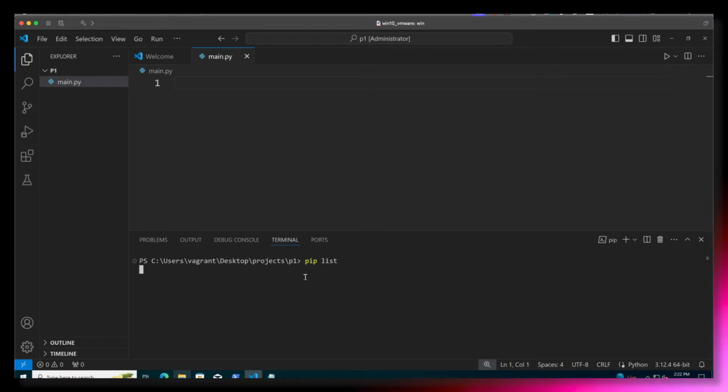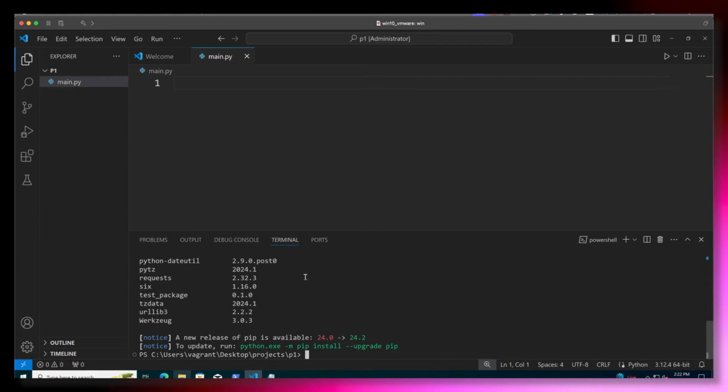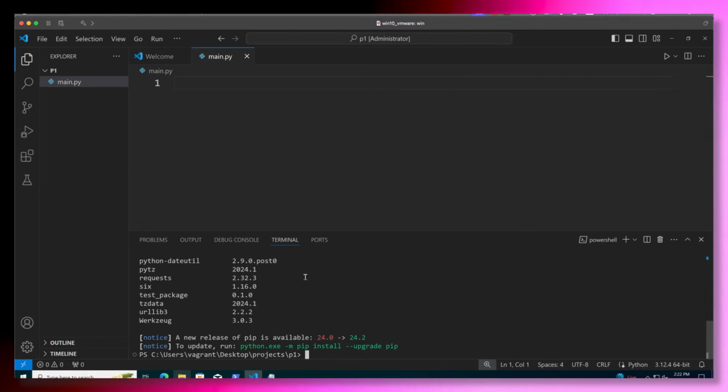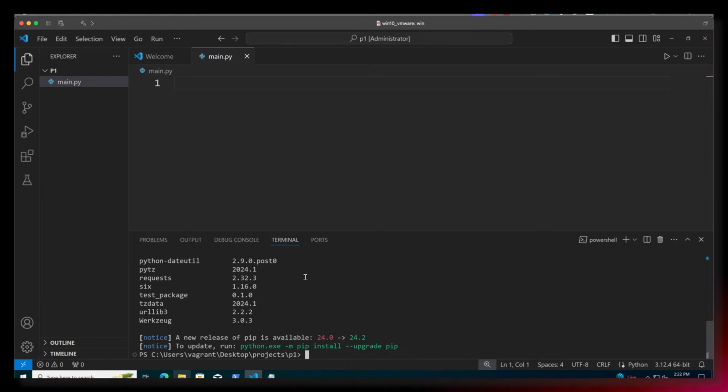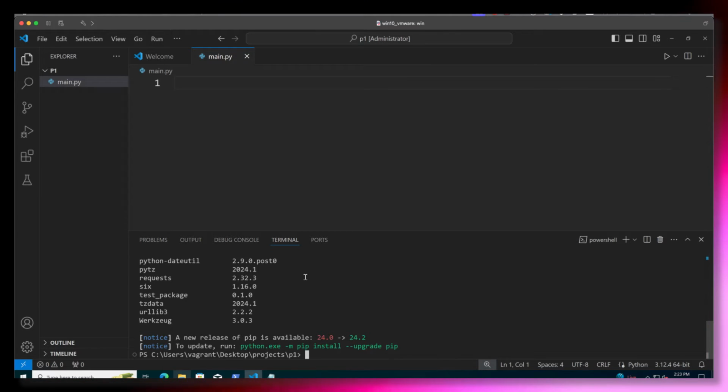If I do a pip list, I can list all of the modules that we have. And these are representing not my project modules, but the modules and packages that have been installed into the system. As I work on more and more projects, it's going to be very difficult to differentiate the packages required for my project from the packages that I had anyway. So working in a clean environment is going to lessen the overhead on your system Python, as well as making it easier to determine what is required.